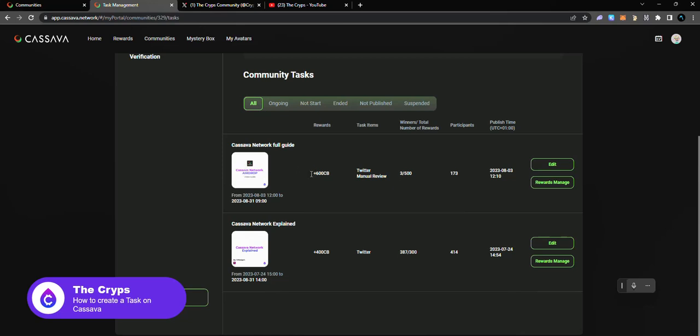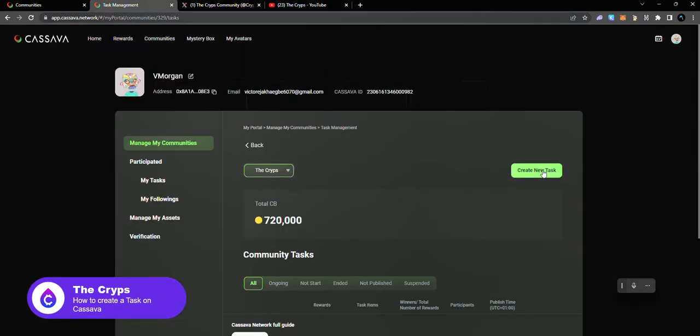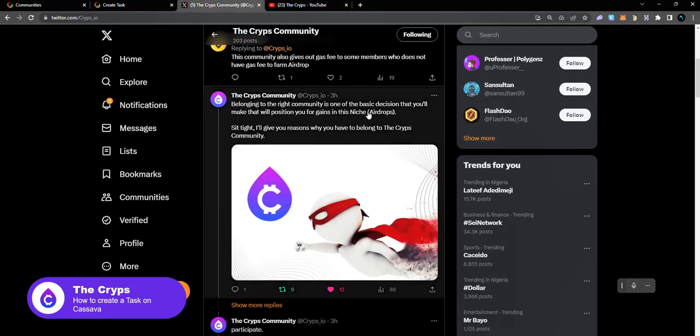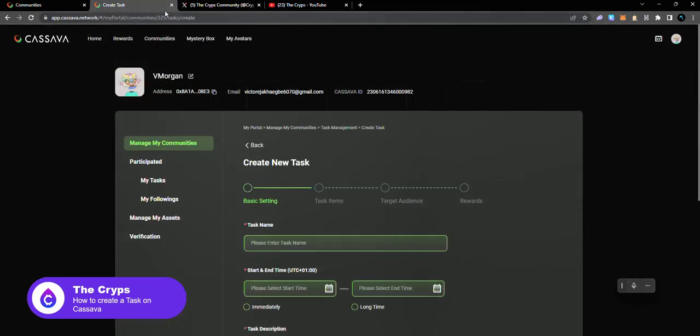As you can see over here, this task gives a reward of 600 CB tokens, and this task gives a total of 400 CB tokens. Now you can tap on Create New Task. We recently put out a tweet on the Cryps community, which I want to use Cassava Network to drive engagement to. Now, what I want to do is go over to create task,